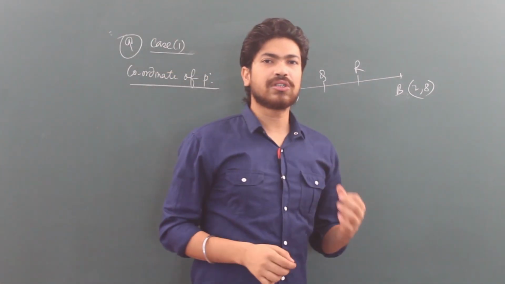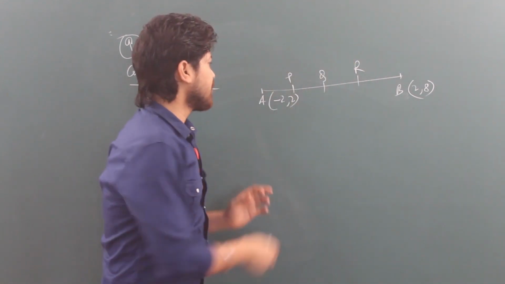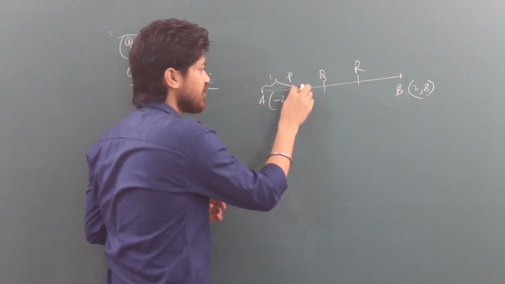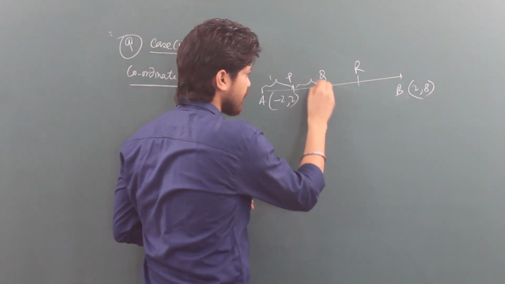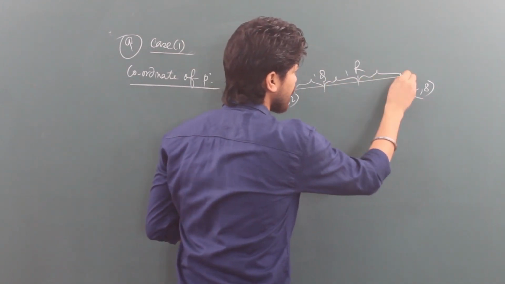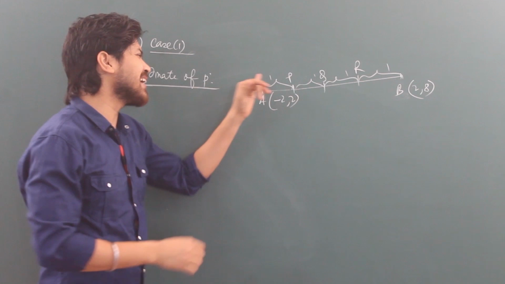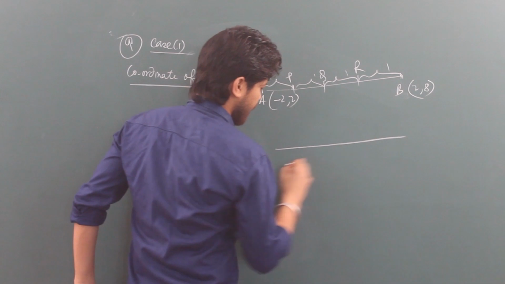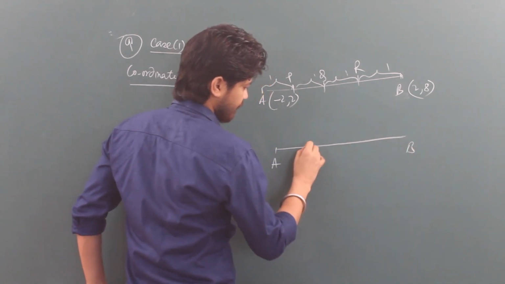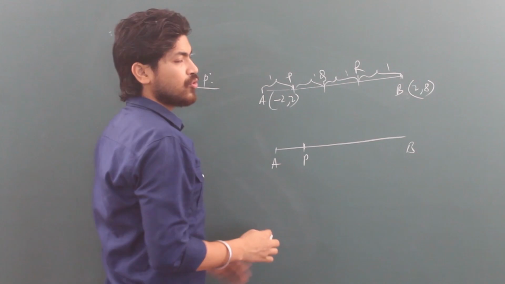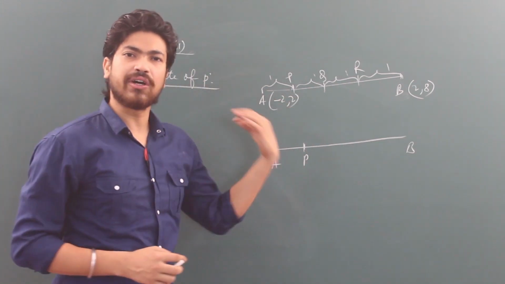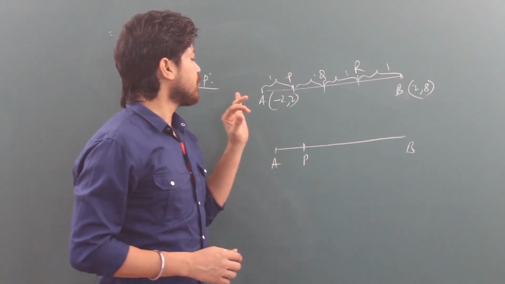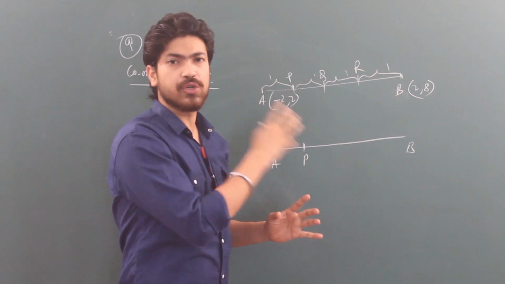So that day I told you that 4 equal भाग means if you assume this as one part, this is also one, this is also one, this is also one. 4 equal भाग means all these parts will be the same. If you take this as k, this is k, this is k, this is k. तो 4 point P ये AB था, ये P पॉइंट का कोऑर्डिनेट. तो फर्स्ट हमारे को P पॉइंट का कोऑर्डिनेट निकालने के लिए to find the coordinate of the point P, these are the points of division. So we have to find the coordinates of the points of division here.